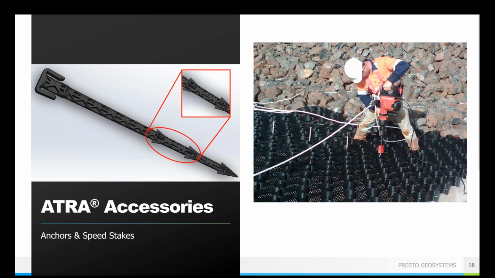If you have a relatively shallow slope, think a 2 horizontal to 1 vertical or shallower, so like 26 degrees or less, you can use the stake anchorage option. That's usually going to be sufficient to hold the panels in place. We do offer 2 options for stakes, one being standard metal rebar, and then we have a small clip that goes on the top of that rebar to help hold it to the panel.